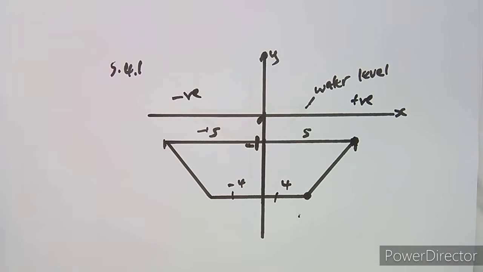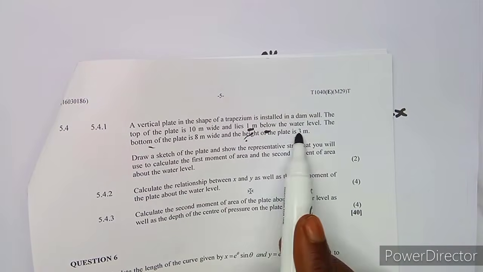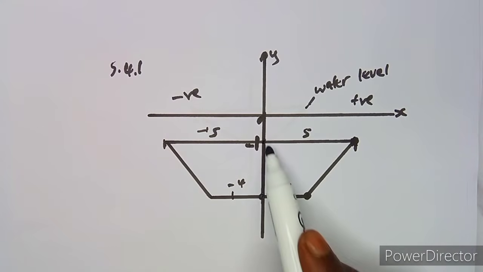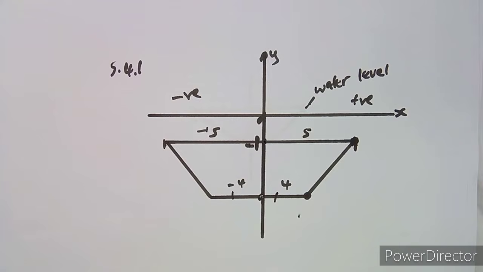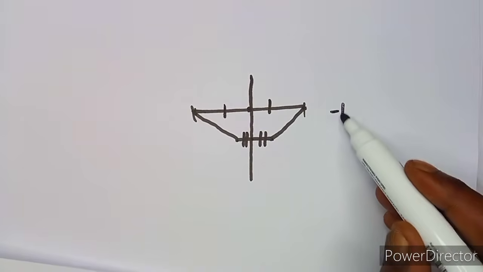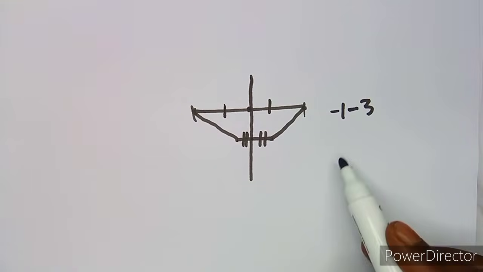All right. Then this is the plate. Here is 3 meters. That is the height of the plate, now it is 3 meters. So this is your plate here, from this point to this point it is 3 meters. So if it is 3 meters, guys, what is going to be this point now? You're just going to subtract, because this is in the negative. So you're going to just subtract, minus 1 minus 3, because it is 3 meters.